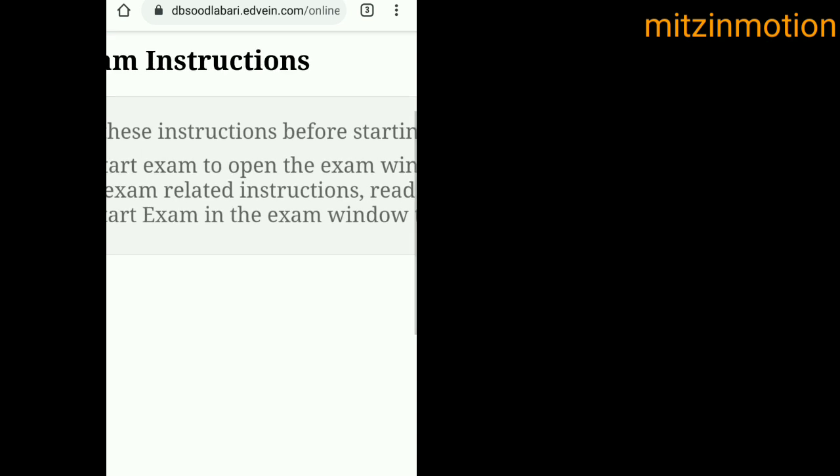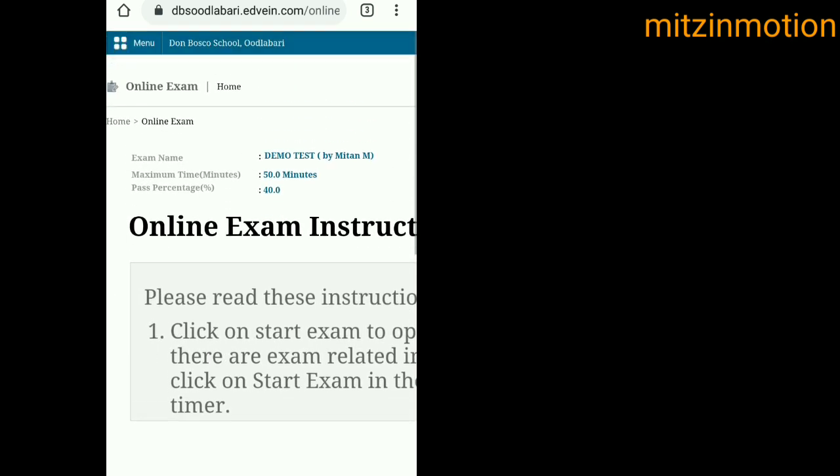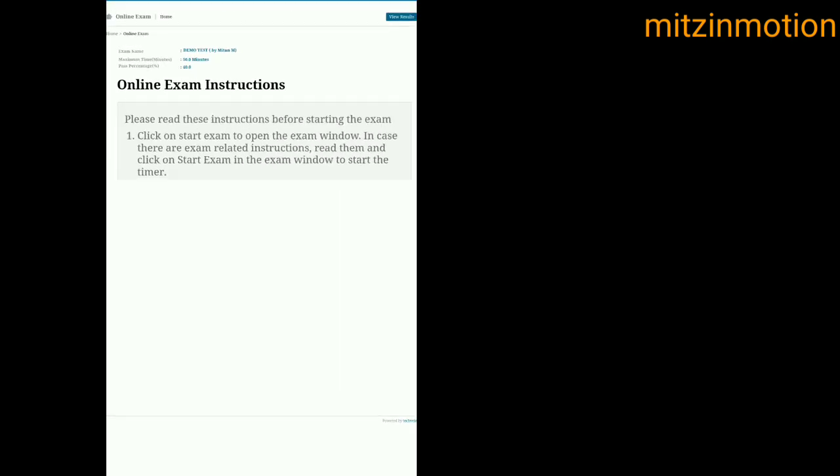Okay, so this is the exam, and you can see now, the exam name is this, the maximum time is 50 minutes, and the pass percentage is 40%. But the start exam button is missing now. So as I told you, once you have started, you have to finish it successfully.